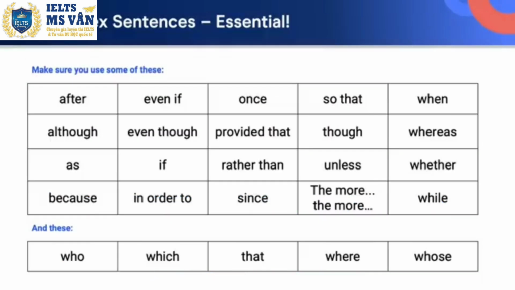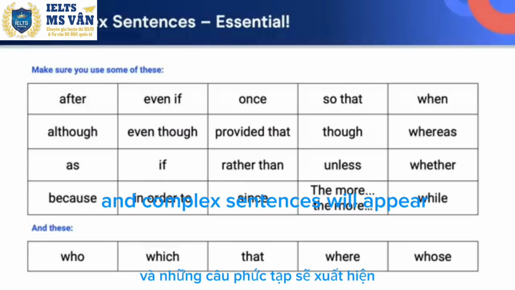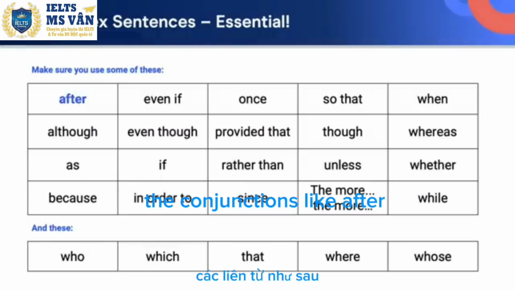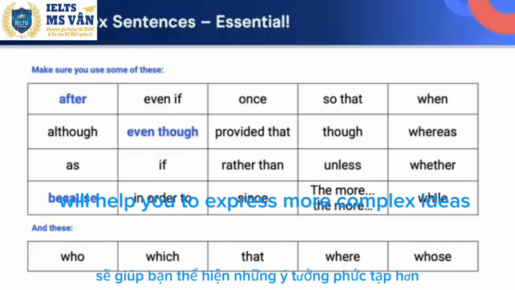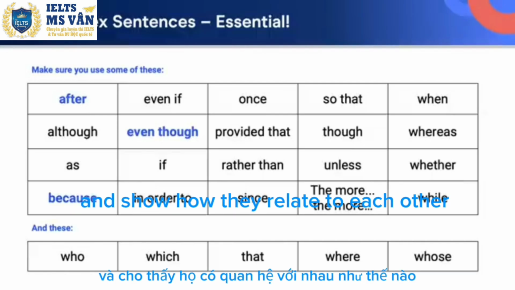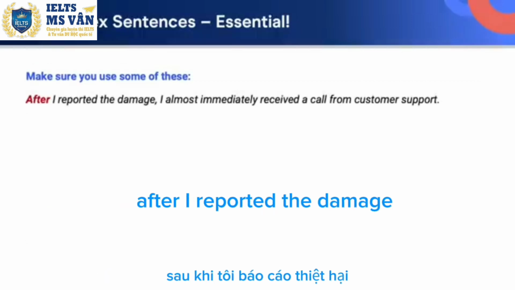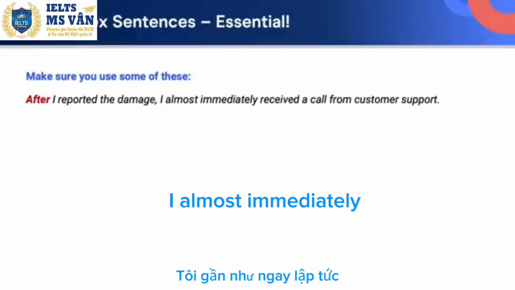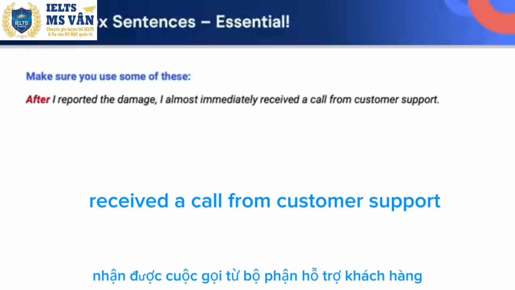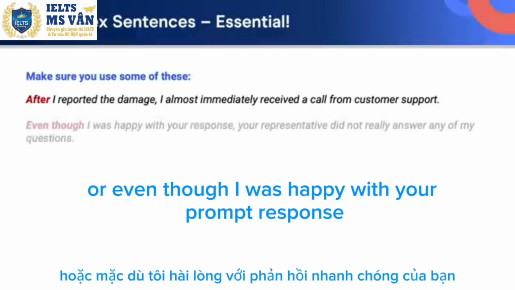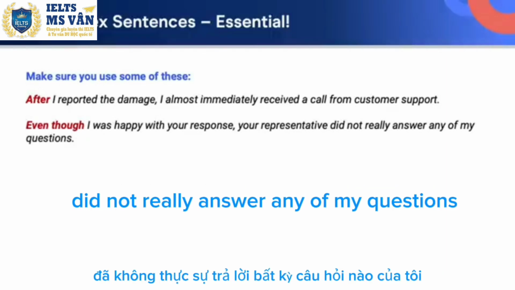Use some of these in your letter and complex sentences will appear. The conjunctions like after, even though, and because will help you to express more complex ideas and show how they relate to each other. For example, we can write, after I reported the damage, I almost immediately received a call from customer support. Or, even though I was happy with your prompt response, your representative did not really answer any